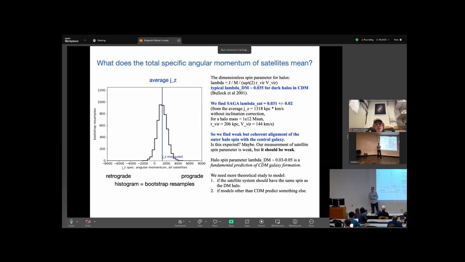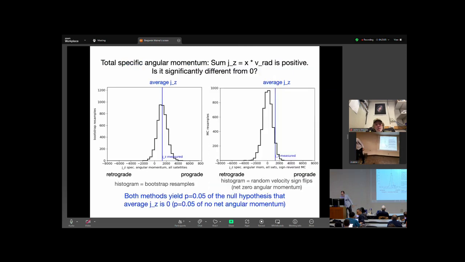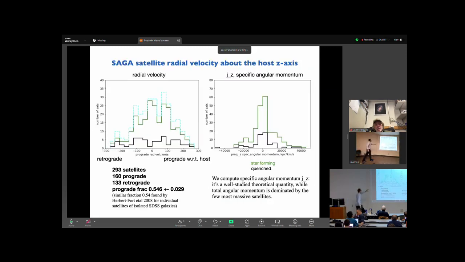James: So just a quick question, Ben. You sort of flashed it. Was there no difference between the quenched and the non-quenched satellites if you broke them up? Let me see if I can go back. So here, for example, the quenched are black and the star forming are green, and the total is a blue dashed line that you probably can't see. There's not much of a difference, and because the quenched are only about 25% of the sample, they become hard to measure.